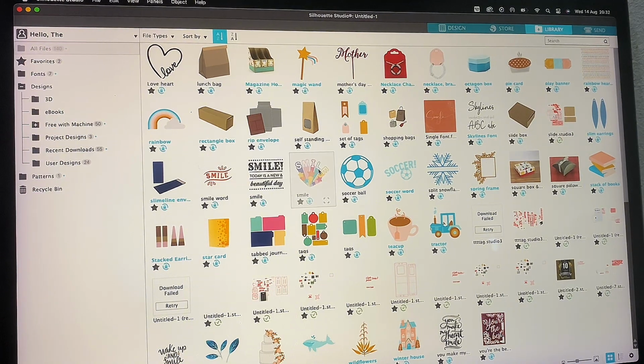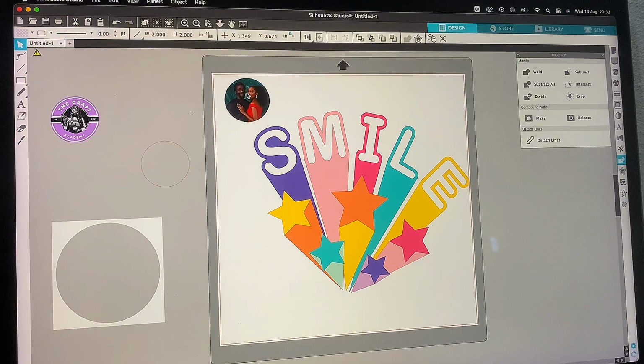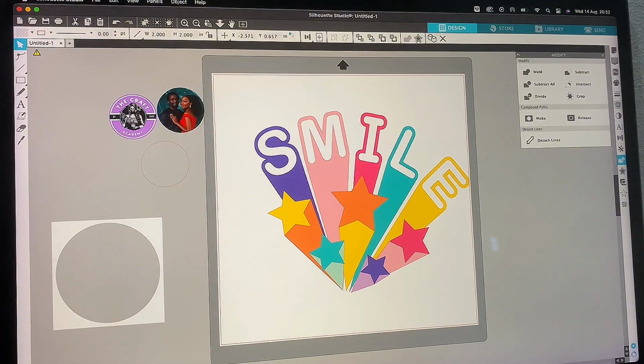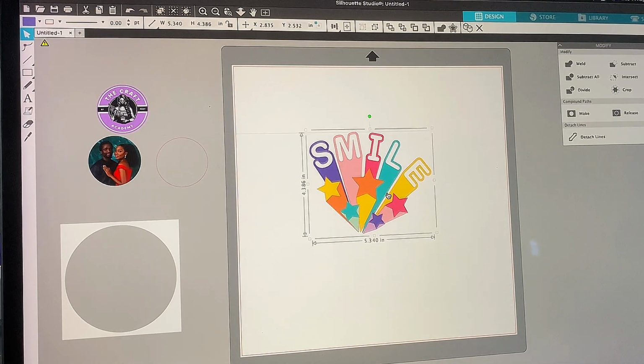Okay, let's use this image, right? So you see that this one has different edges, different shapes. It's not as straightforward as this image or this logo. If you want to print and cut this as a sticker, you would have to click